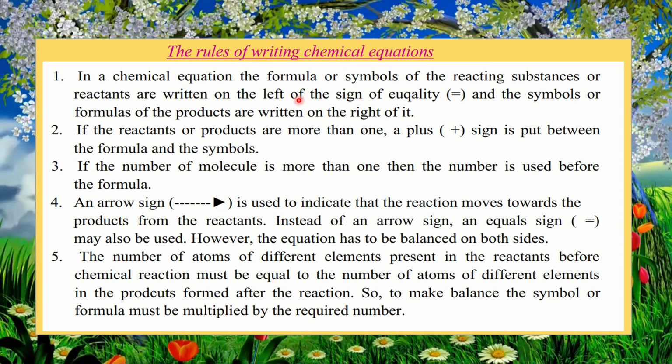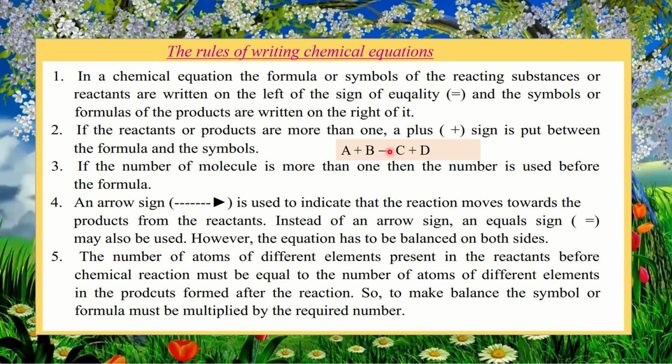Now, if the reactants or products are more than one, a plus sign is put between the formula and the symbols. Suppose there are more than one reactants or there are more than one products. Then between these reactants and between these products, a plus sign is put like this. Suppose A and B are reactants, so these are A plus B, and C and D are products, so there will be C plus D. Look, here equal sign or arrow sign can be put. Okay, equal sign you can put after balancing the reaction, but arrow sign you can put every time, before balancing